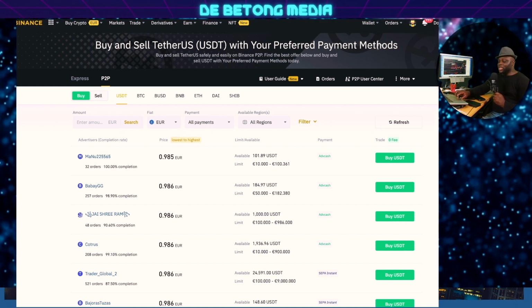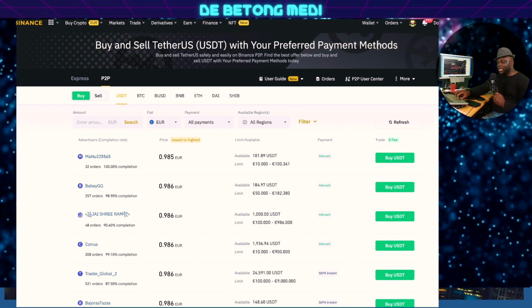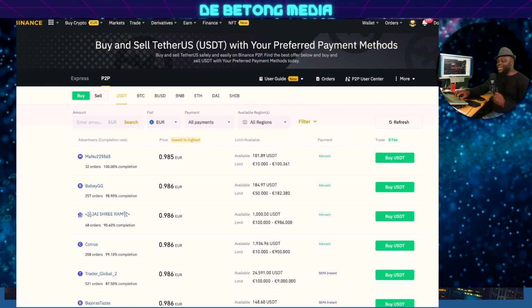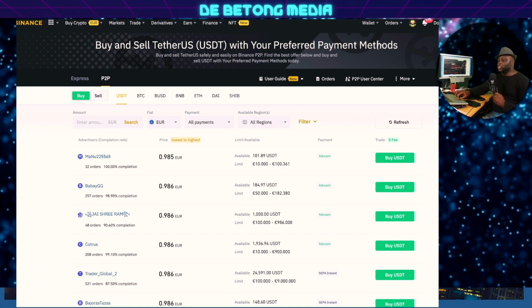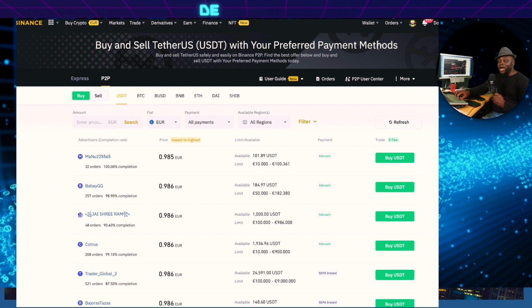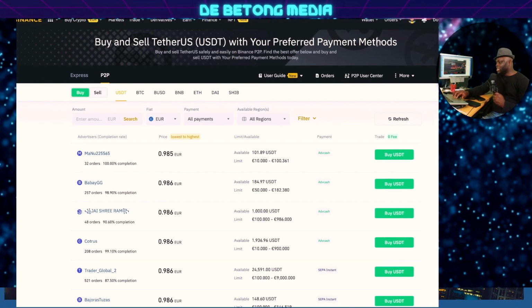When you are selling, it means you have crypto in your Binance app, either USDT or BTC, right? And when you're buying, it means you have money in your bank account and you want to buy crypto to be sent to your Binance app or Binance account. Now, guys, another thing you need to understand when it comes to Binance P2P is